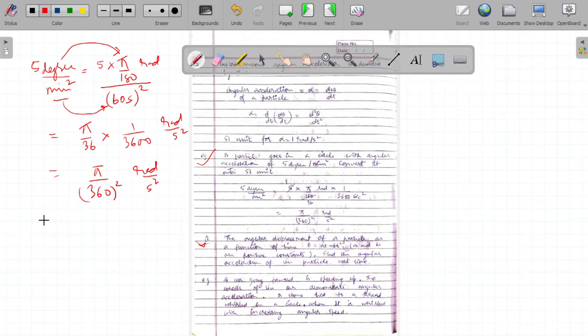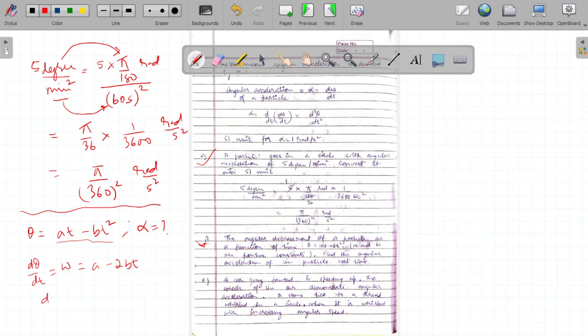So we are given the value of angular displacement of the particle with respect to time, which is theta equals a minus bt square. We are supposed to find what is the angular acceleration of the particle at some instant. So we know that d theta by dt gives us the angular velocity of the particle. Differentiating this expression once, you would get omega equals minus 2bt,